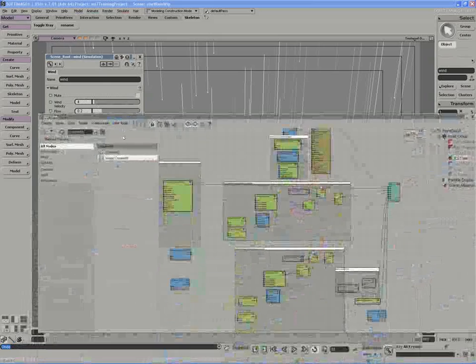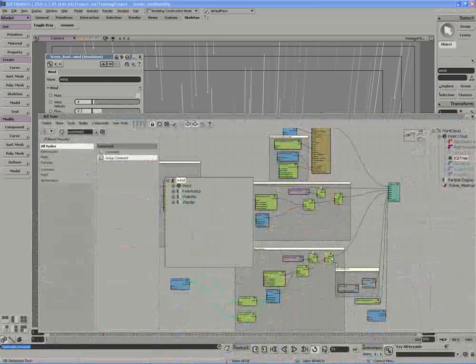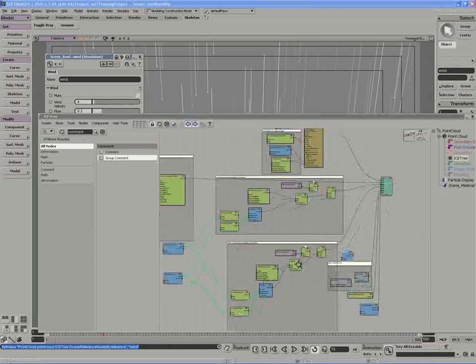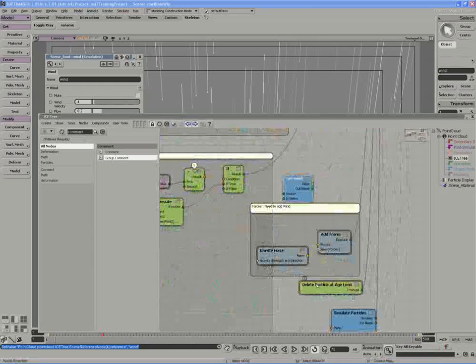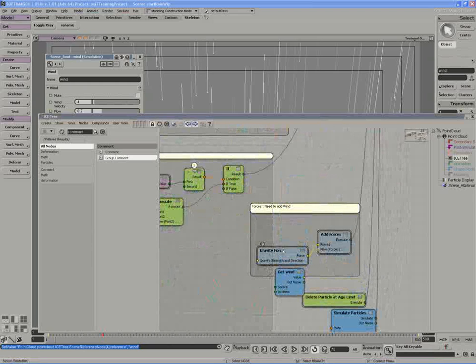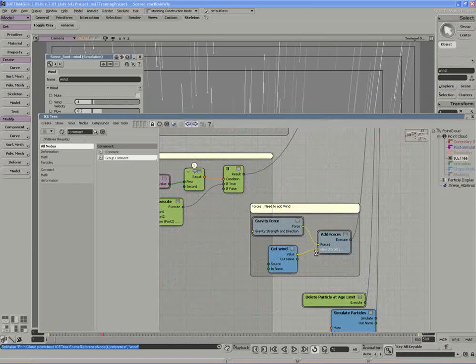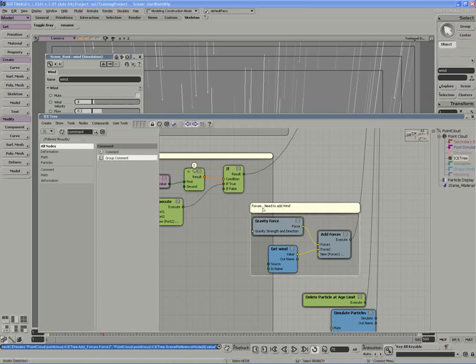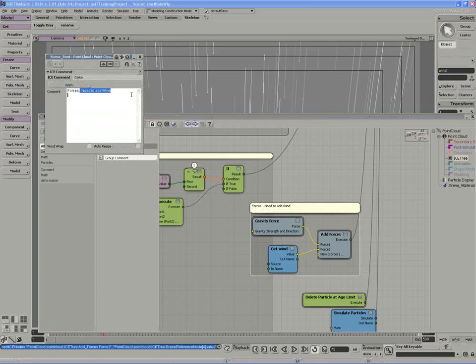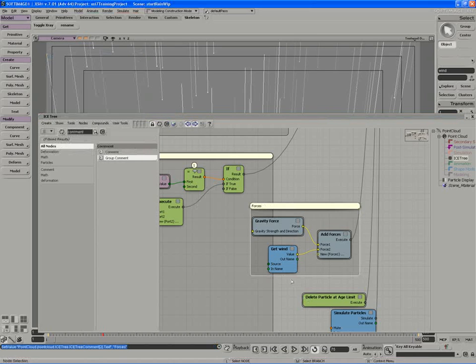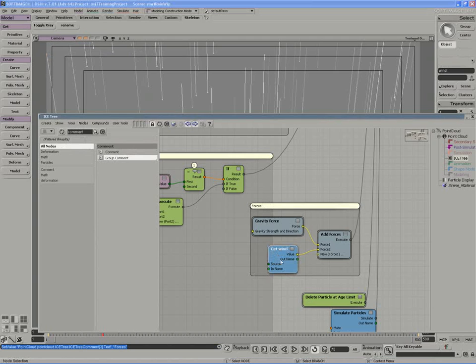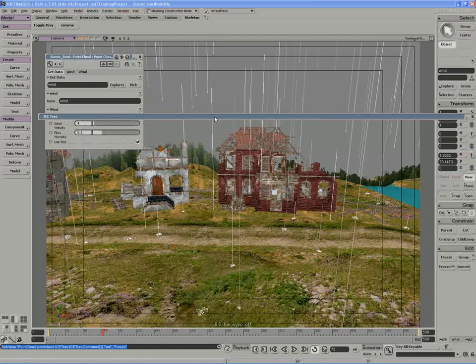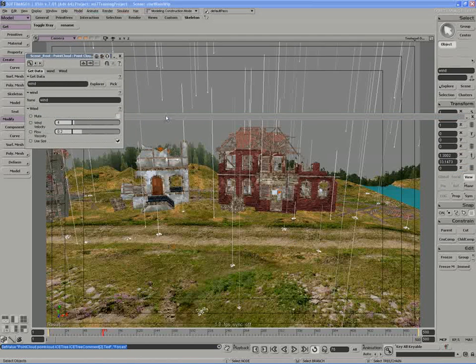And I'm going to select that wind, press F3, and I'm going to drag it into the graph and add it to my forces section. So I'll plug the vector output, the direction of the wind, into the second forces input. And I guess I don't need to add wind anymore. And I'll double click on the wind get data node, pin it down so I can have a look at